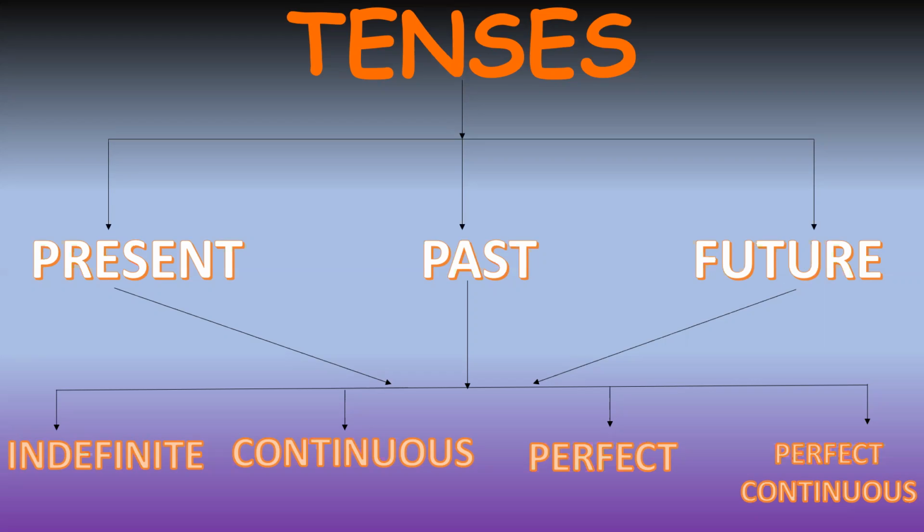Then comes perfect tense. इसका identity भी हमने पढ़ा था, that it will have has, have or had plus verb का third form. Whether it is of present, past or future does not matter. Perfect tense will always have the third form of the verb. That means the past participle. And the perfect continuous, it is the addition of both perfect and continuous. So it will have ing from continuous and has, have from perfect. Plus, to show its identity, it will also have a word been in it.